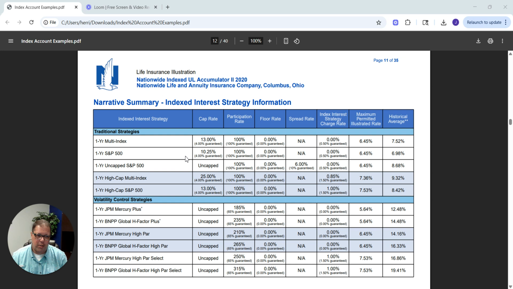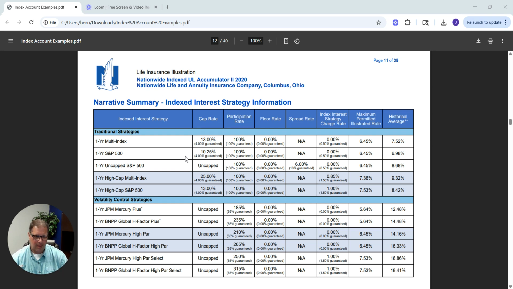Now, guys, I've been doing this for 16 years now. Even when interest rates were extremely bottomed out, even during COVID when we had a lot of volatility in option pricing for the S&P 500, I've never really seen cap rates much lower than 7, maybe even 8%. So the chances of dropping to a 4% guaranteed cap are pretty low. Can't say that it's not going to happen, but that's not really how these products are designed to ever have to get there. So if we have clients that are a little bit more conservative and they just want to go after maybe a 6, 7% average rate of return, then we'll use the S&P 500 for a lot of